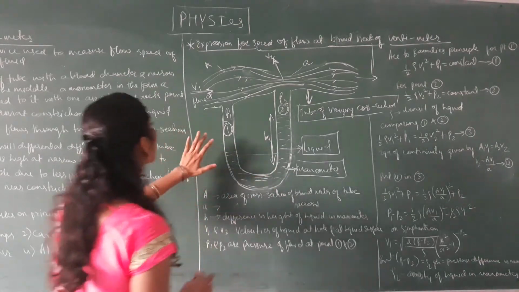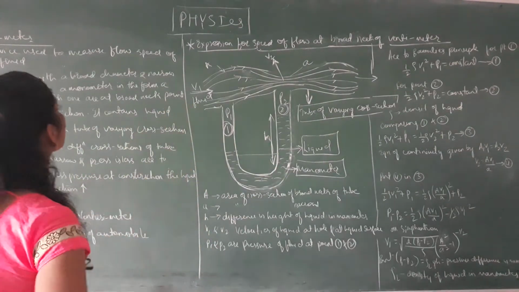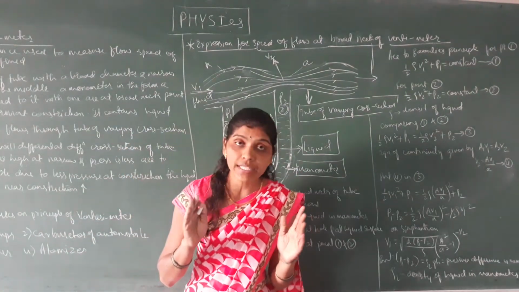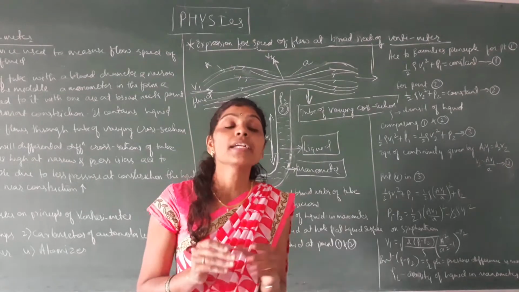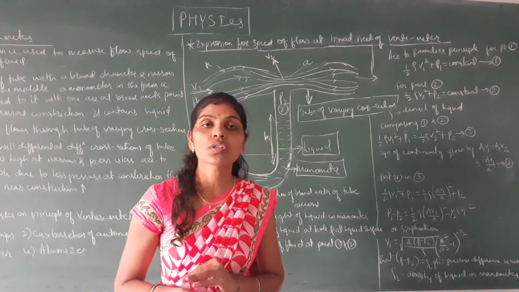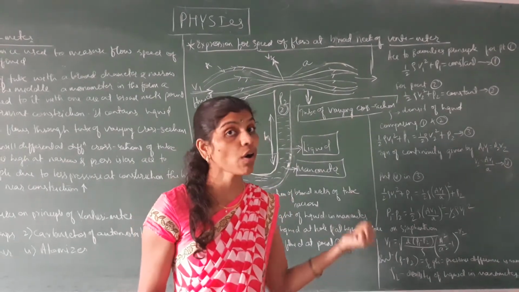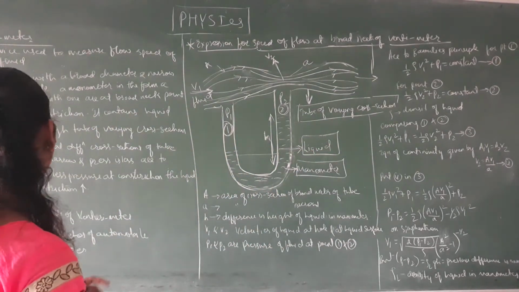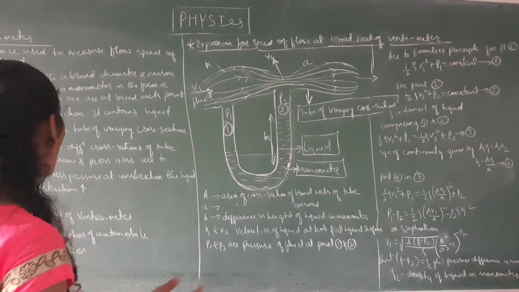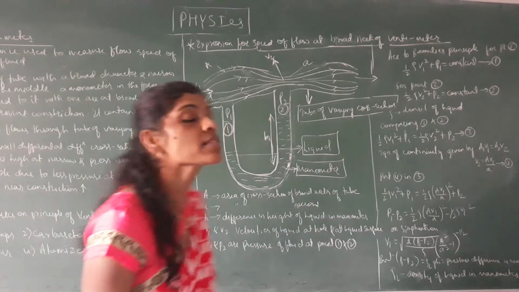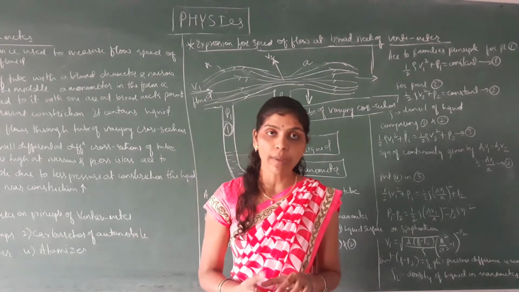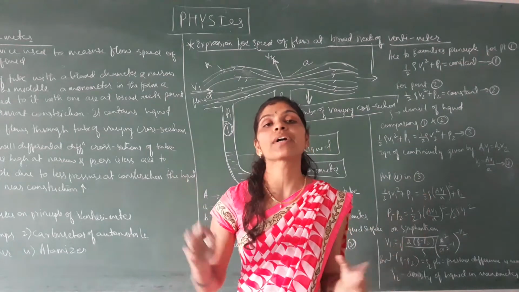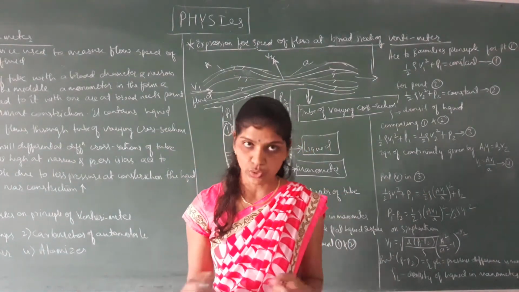So what is the meaning of the Venturi meter? It is a device that is used to measure the speed of incompressible fluid. Some of the devices we come across work based on the principle of the Venturi meter. Some devices we use in day-to-day life are filter pumps, the carburetor of automobiles, the Bunsen burner and the atomizer. Those devices work on the principle of the Venturi meter.